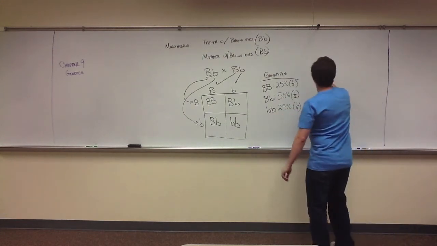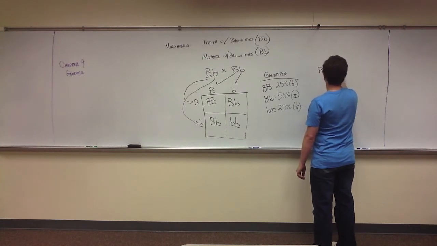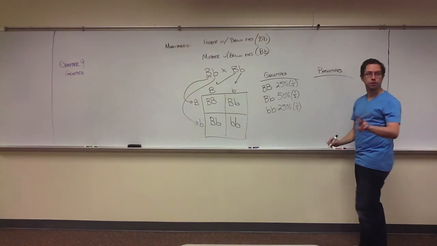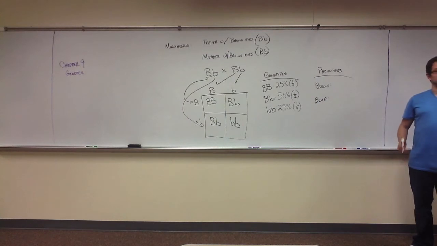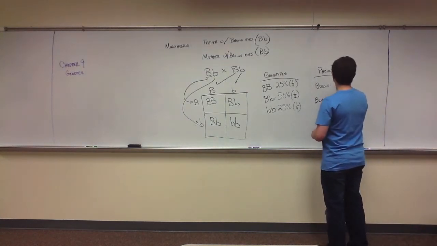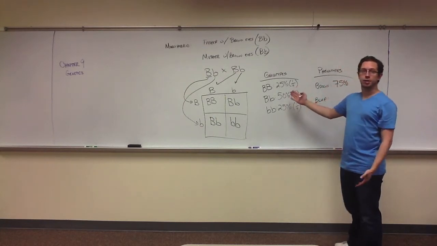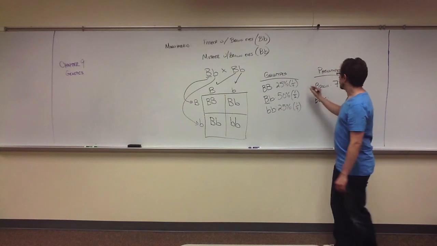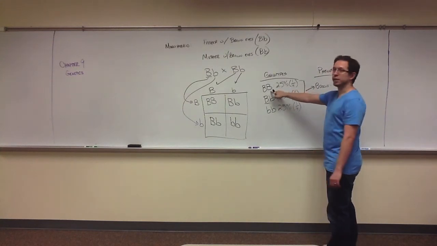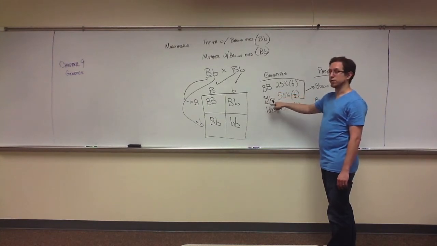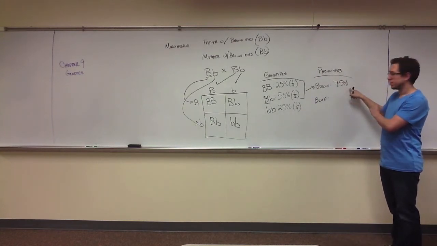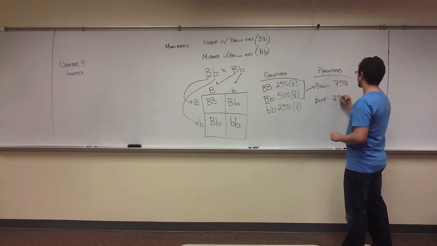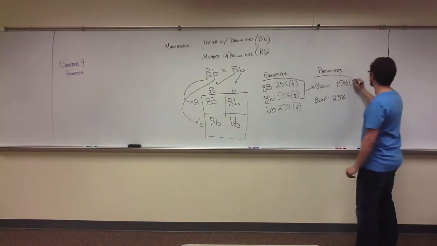All right? Now, phenotypes. Let's talk about the potential phenotypes that I will obtain. There are only two. Brown eyes and blue eyes. Okay, what's the percent chance I will get a child with brown eyes from this? 75. So understand, if we're talking about what's known as complete dominance, one allele is dominant to the other, then the phenotype for the dominant allele will be a combination of the homozygote for dominant and the heterozygote. So here we see 25 and 50% gives us the 75% for the phenotype. And then the other, if that one's 75%, then blue eyes has to be 25. So this is 3/4,